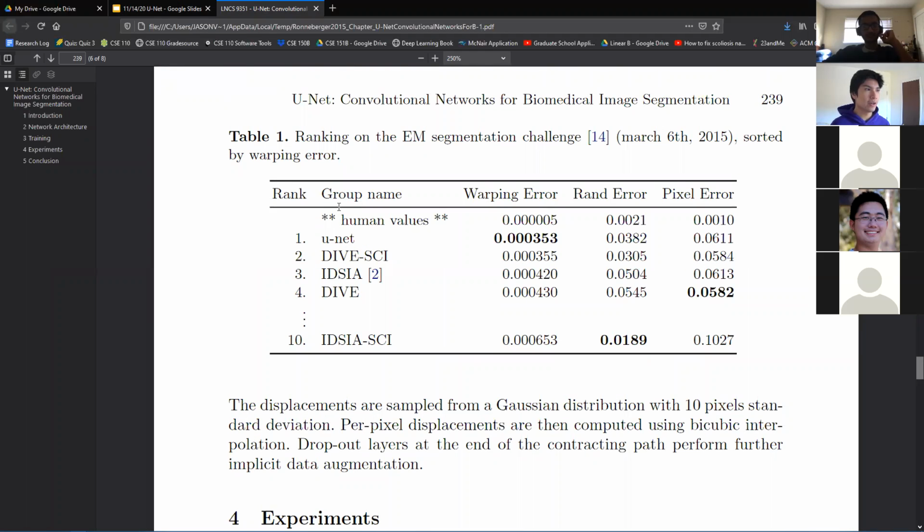Okay, so this is one table, and this shows the results, and you can see that there are 3 different error metrics that they used. Obviously, the lower the error, the better. Here's UNet, and these are the names of other solutions. The reason they bolded it is because, out of all these other solutions, it actually performed the best. How much? Just a little bit better than number 2.